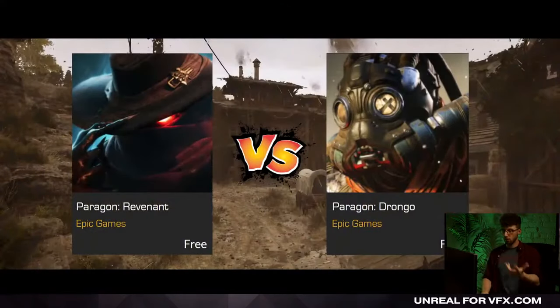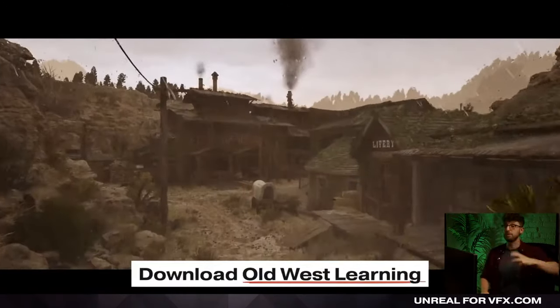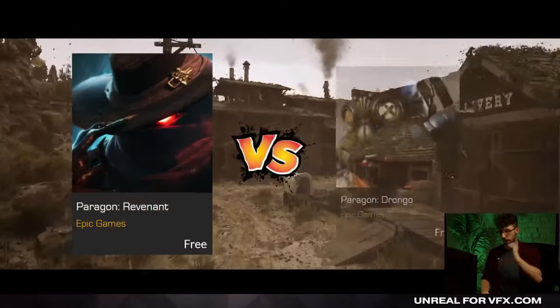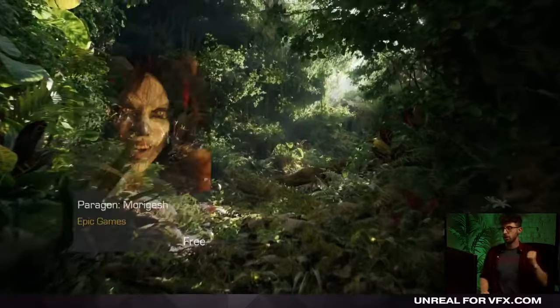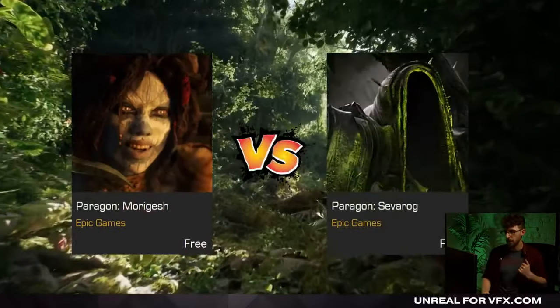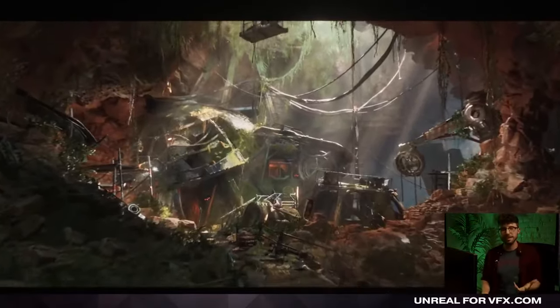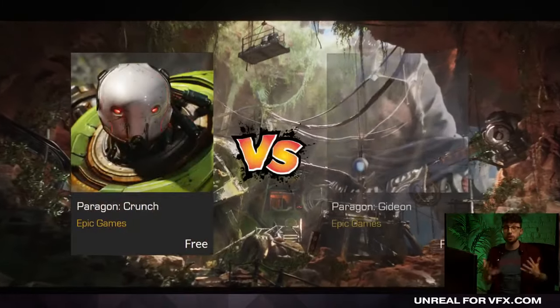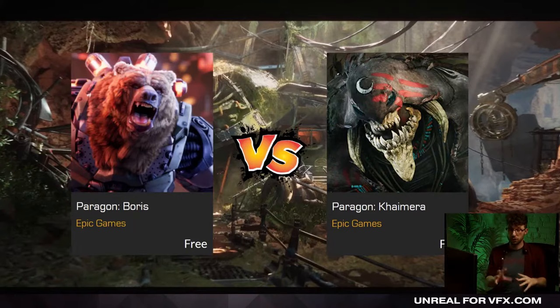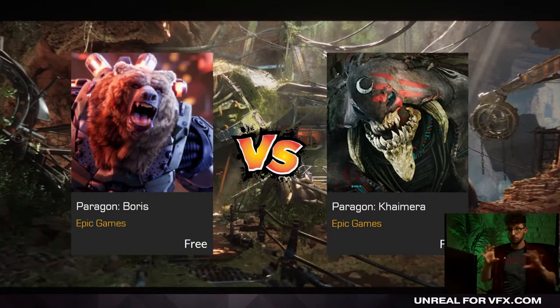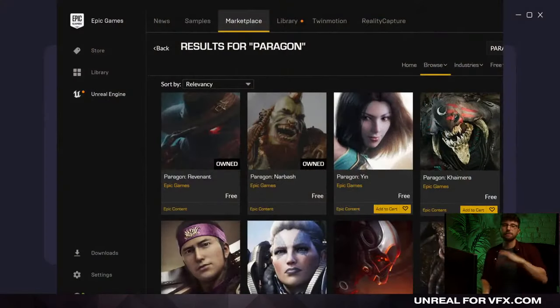So this is what we actually use in Unreal Fundamentals to just have people create an action scene right away and jump right into the fun parts: downloading some of these characters, the Paragon characters, and just dropping them into your 3D environments, and then using these pre-existing animations to make these characters fight each other. So we have characters, we have animations. You don't have to worry about animating them yourself. You can literally stitch together these pre-existing animations, just like in a video game, stitching together 6 or 7 animations.